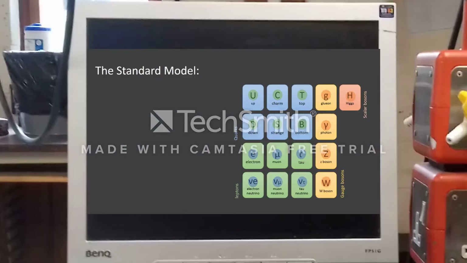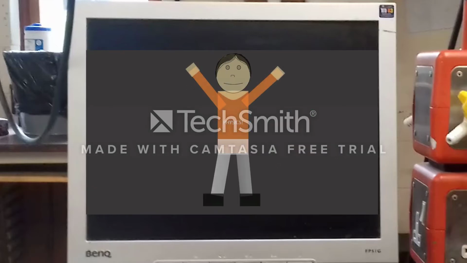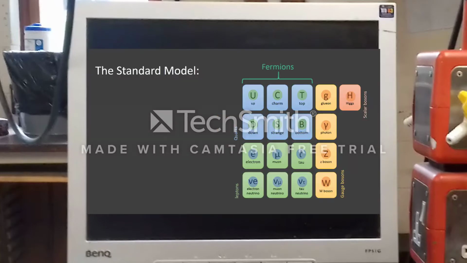What does that even mean? Do you remember the Standard Model? It describes all the fundamental particles that we know of. And there's two distinct groups. The fermions, that's the matter particles. That means that they make up things like protons, neutrons, and atoms. Everything that we're made of. And the bosons, the force-carrying particles, which are responsible for things like gravity and light.